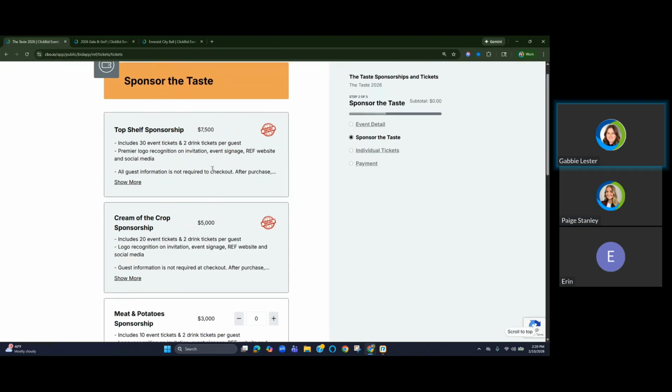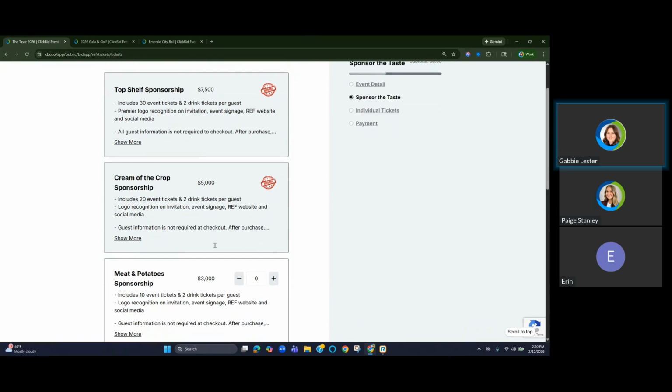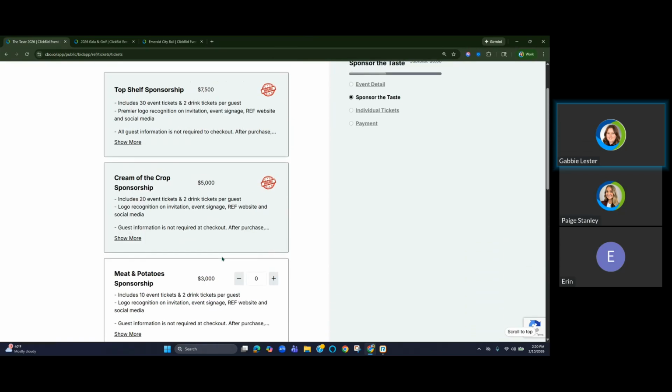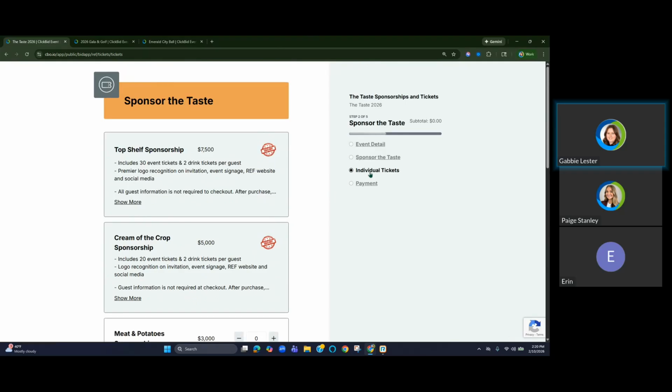They've got their sponsorships listed here. This is actually really cool. They sold out another sponsorship just from this morning, so that's awesome. But they've got their different sponsorships listed right in here. Easy to click through, see, navigate